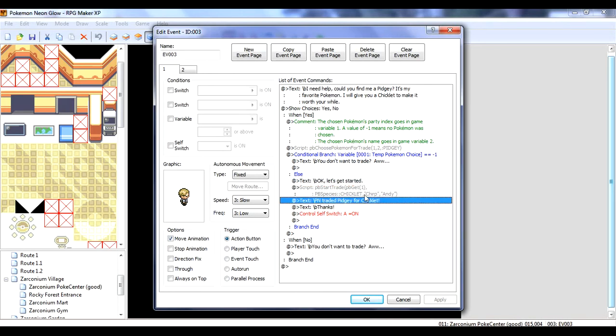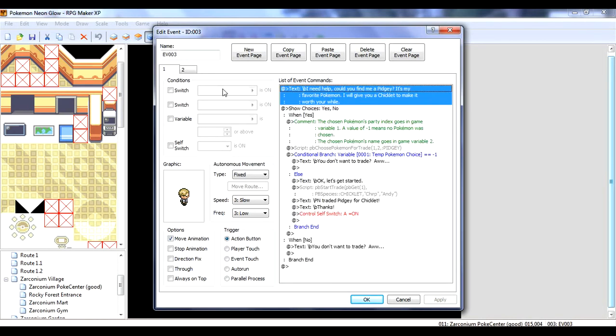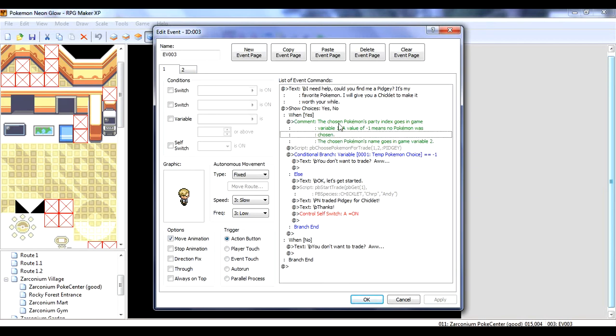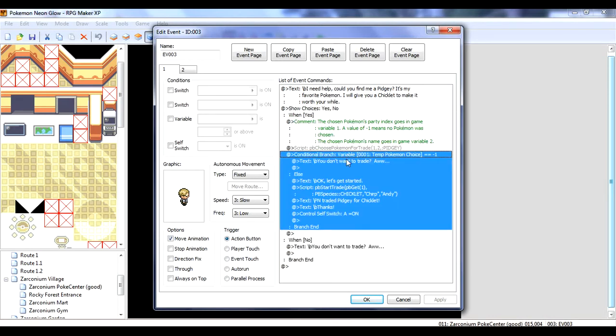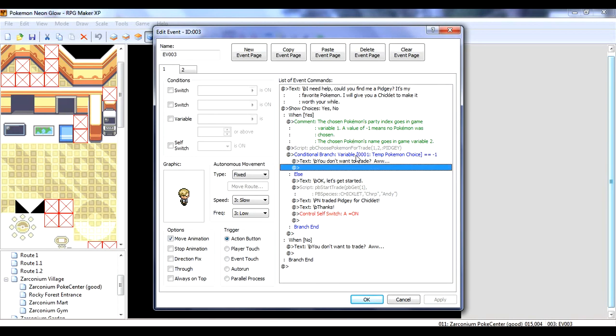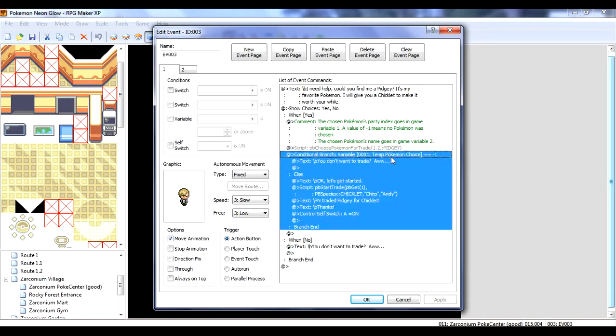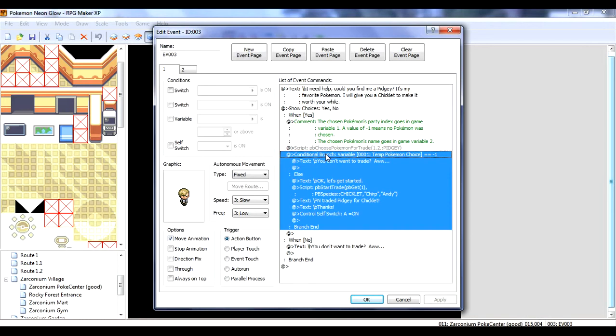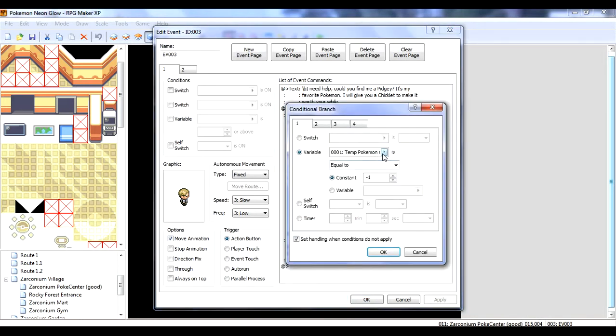Alright, so comment, chosen Pokemon, party value, blah blah blah. If we choose Pokemon for trade. Okay, so I think this is it. So edit this. So temp Pokemon choice equal to